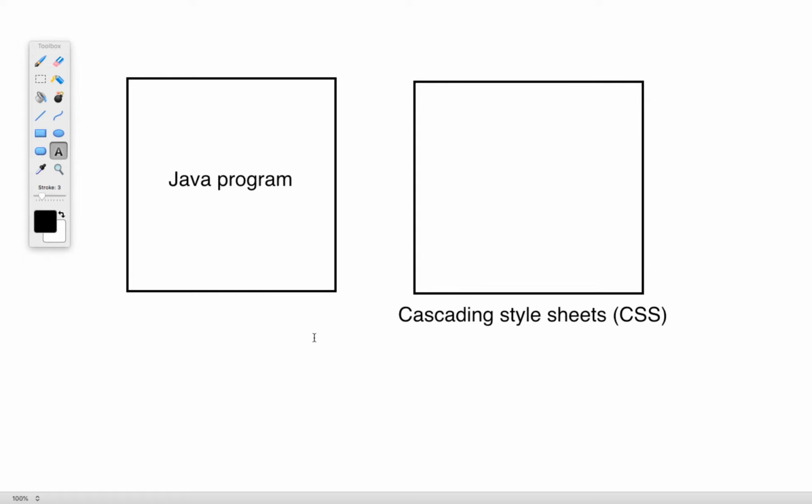All right. The next thing I want to go ahead and talk a little bit about is how we are going to go about actually setting up CSS in our environment. So for this particular part, I want to talk a little bit about the directory for our projects. So the way this is going to work is that typically, if you're looking at this from the perspective of some kind of IDE like NetBeans or Eclipse, you're going to be dealing with, at the top level, the overall project directory. That is to say, some folder on your computer system that just holds all of the additional folders and files